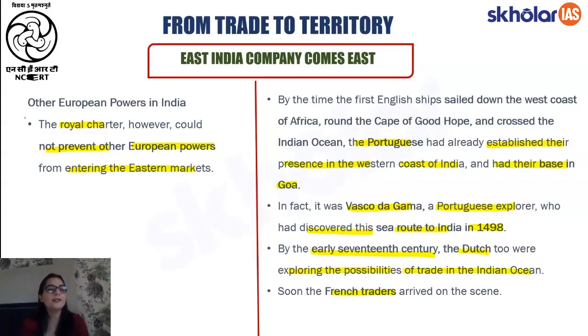उसके अलावा स्टूडेंट्स, हमने कुछ अदर इंपॉर्टेंट यूरोपियन पावर्स के बारे में पढ़ा था जो इंग्लिश ईस्ट इंडिया कंपनी से पहले आ चुकी थी, सच एज दी पोर्चुगीज. और पोर्चुगीज के अंडर हमने वास्को ड गामा के बारे में समझा था, जिसने इंडिया के सी रूट को खोज लिया था 1498 में ही. इसके अलावा जो दूसरी इंपॉर्टेंट यूरोपियन कंपनीज हमारी कंट्री में आई थी वो थी डच और फ्रेंच.